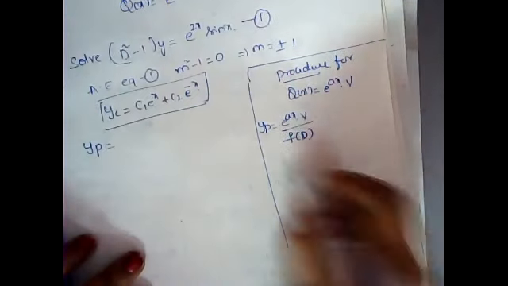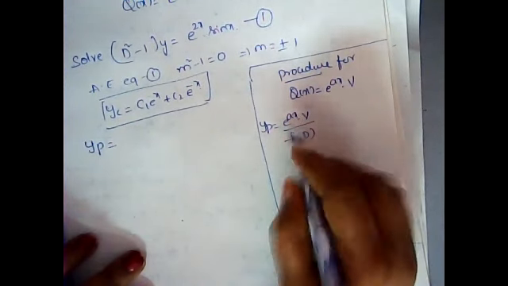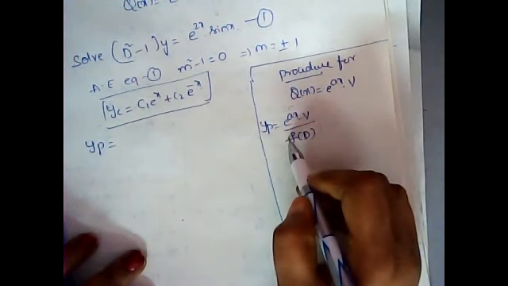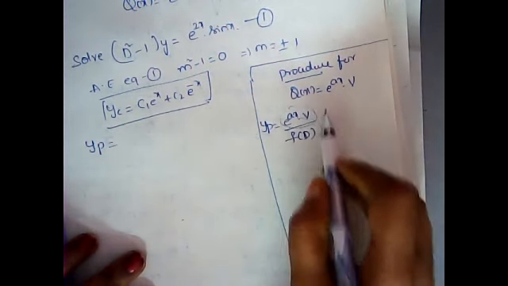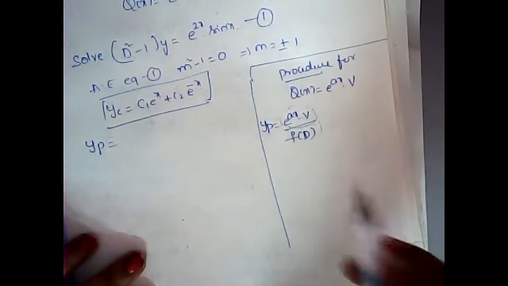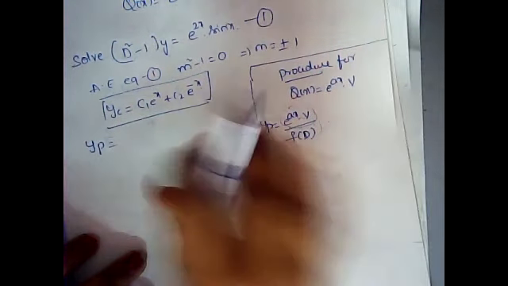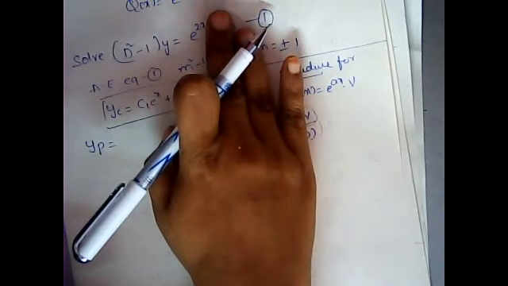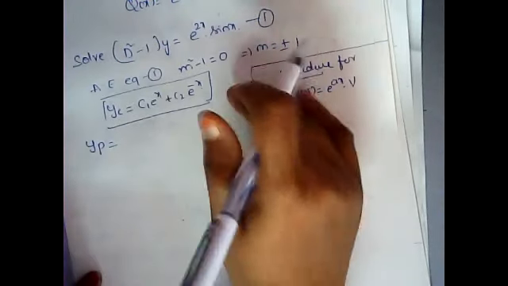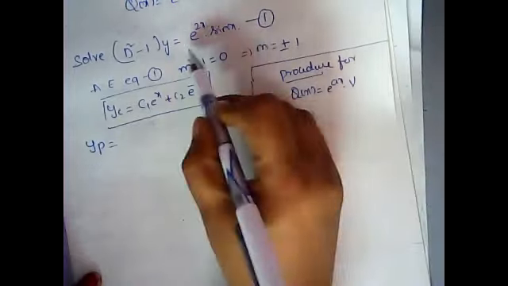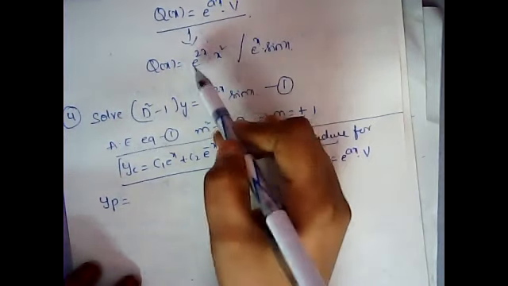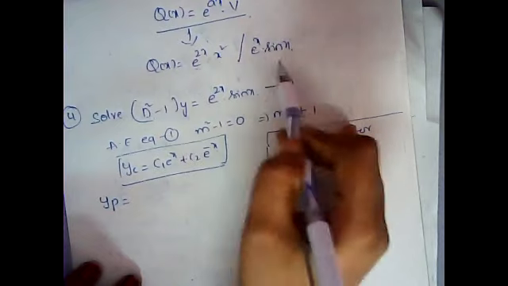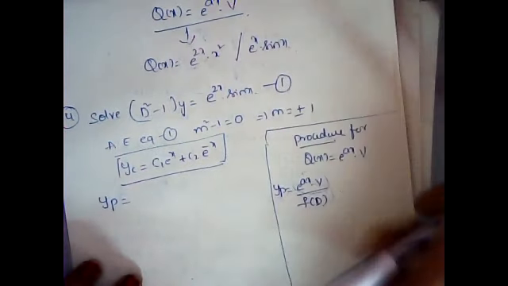So what should we do here? In the place of f of D, first we are going to apply e power ax. Here it is in the form of a combination, so don't get confused between e power ax and e power ax into v. In the e power ax method, only an e power x term will be given to you, like e power 2x or e power 3x, with no combination with any other term. In e power ax into v, there will be a combination, like e power 2x into x square, or e power x into x sin x.